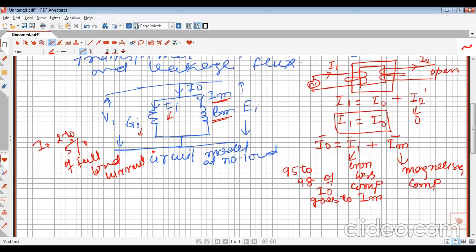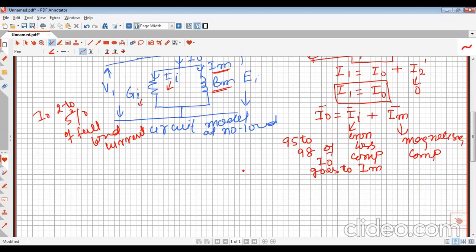From this given data, our first task is to find the no load power factor. Whatever power the transformer is taking, where is it going? It is going as no load loss. So this is written as P naught, which is equal to V1 I naught cos theta naught. This cos theta naught is called the no load power factor, and P naught is given here as 50. V1 is given as 230 volt, and I naught is also given, 2 ampere, multiplied by cos theta naught.